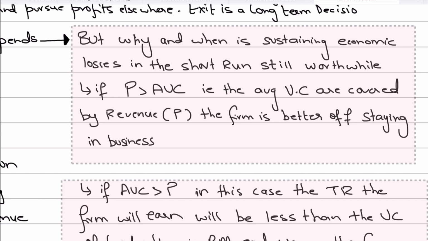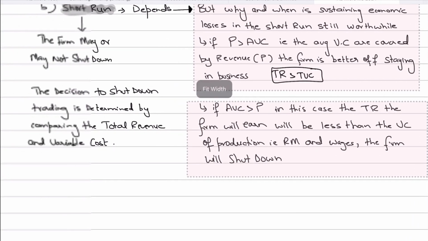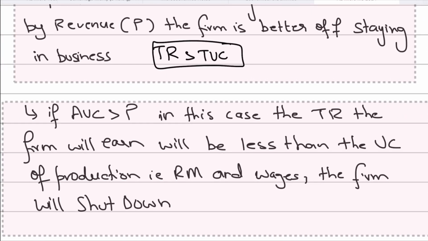So in this case, my total revenues would be more than my total variable cost at the loss minimizing quantity. So basically I'm able to cover my variable cost. But if my average variable cost is more than my price, that is, the variable cost per unit is more than the price that I'm selling it for,